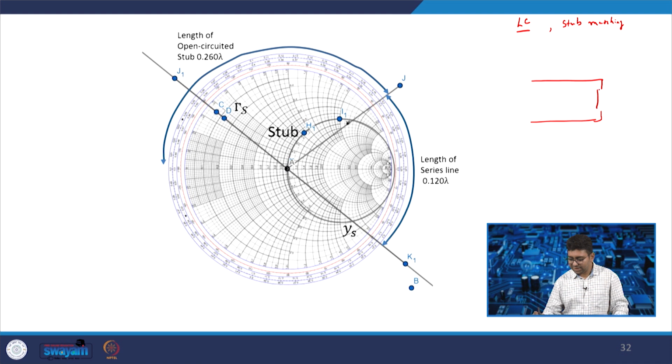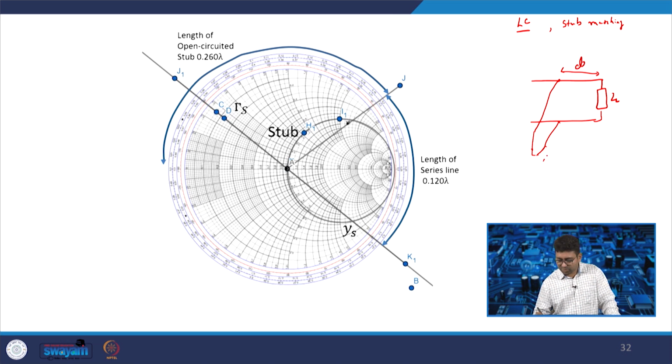If you have a certain ZL that you want to match, there are two kinds of stubs: an open circuit stub and a short circuit stub. So, this is a short circuit stub. First, you need to find the distance D and the length of the stub L. It can also be mentioned in terms of a transmission line, meaning you can represent it in terms of a microstrip line also. So, for this distance L, first you need to locate the value of gamma S here,